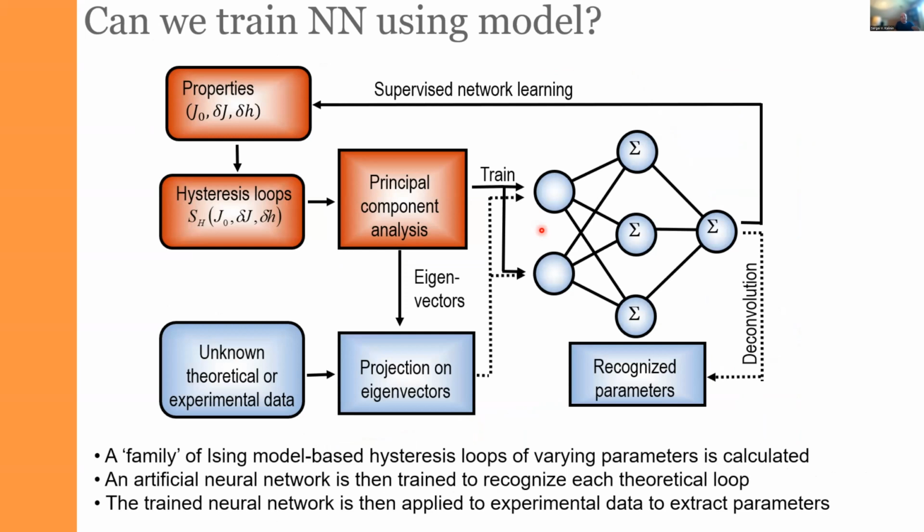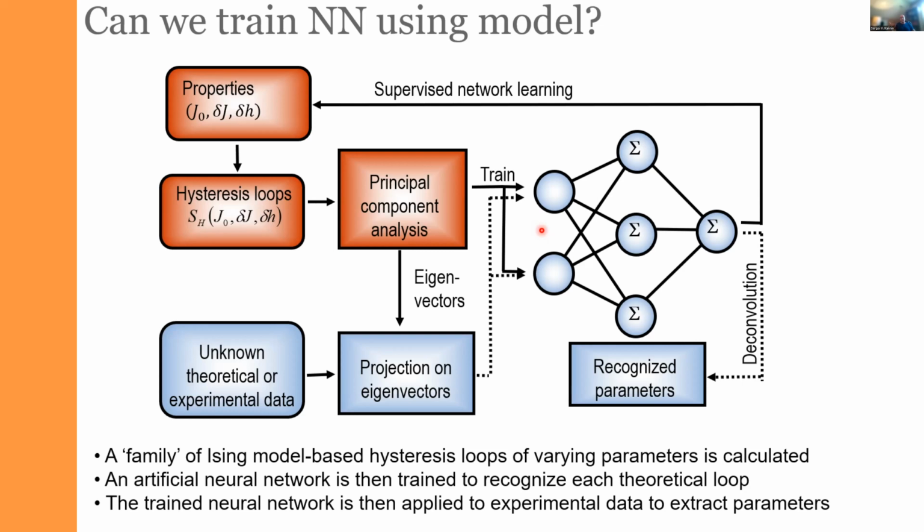So I've shown you the example of supervised learning, when we have the examples, meaning the features and targets from the experiment. But can we solve a different type of problem? Imagine that you have a theoretical model. It can be something related to simulation, like Gerd has shown. Can we train our network using the theoretical model and then apply this trained network towards the solution of the experimental problem? This sounds like a very appealing challenge, because